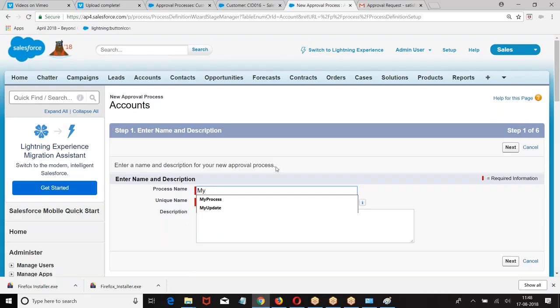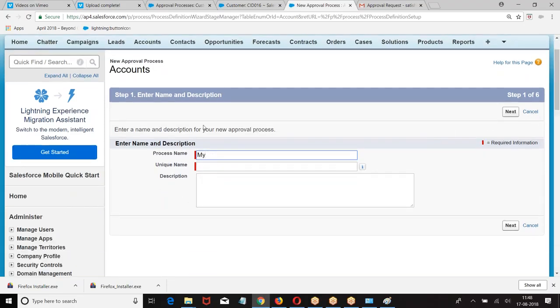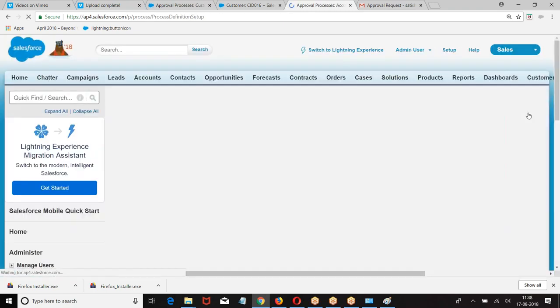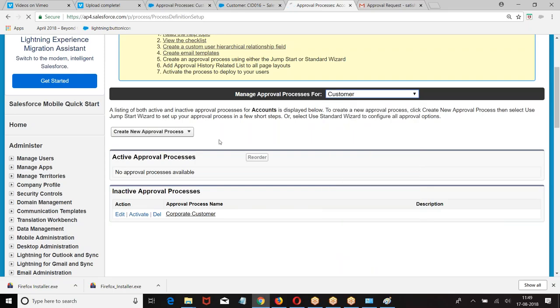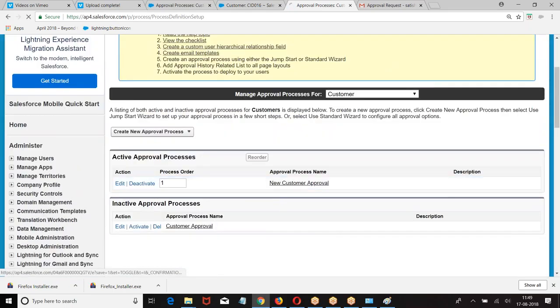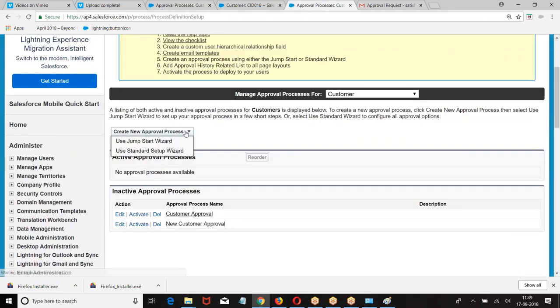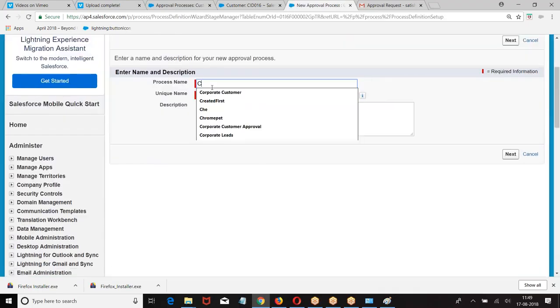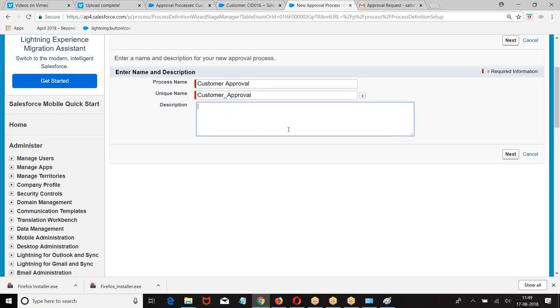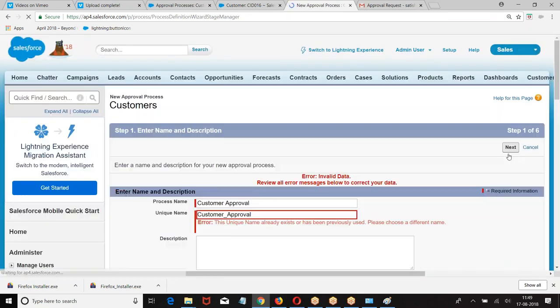What is the object on which I have created a template? Customer object, right? Choose the customer object. Customer approval.